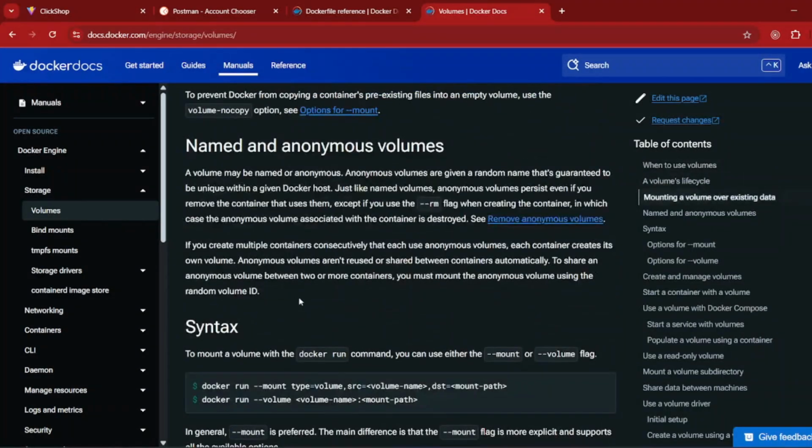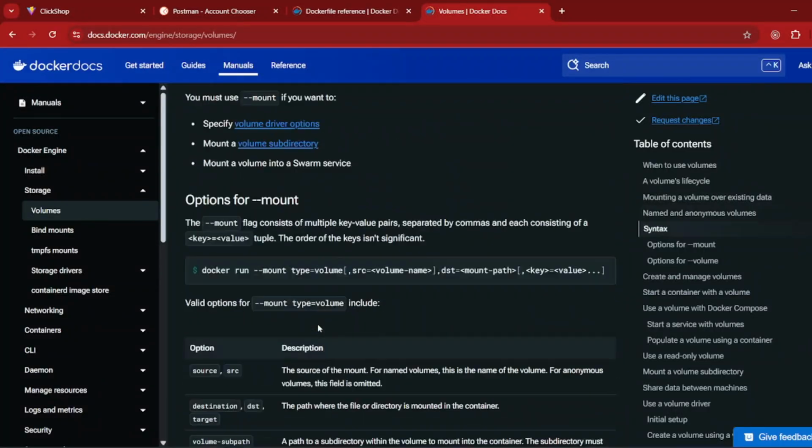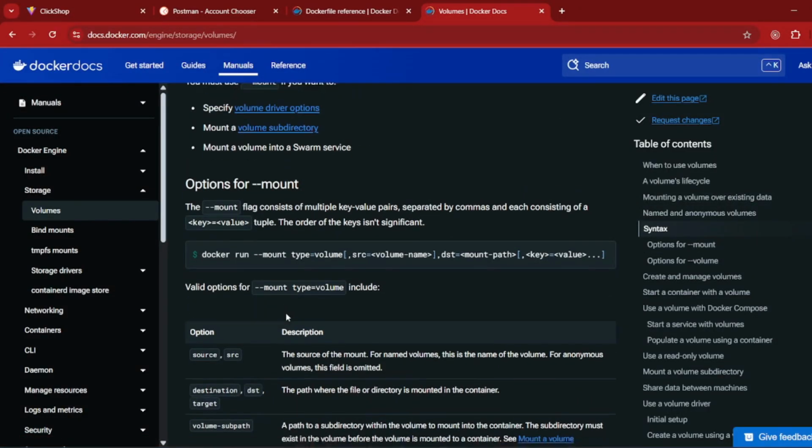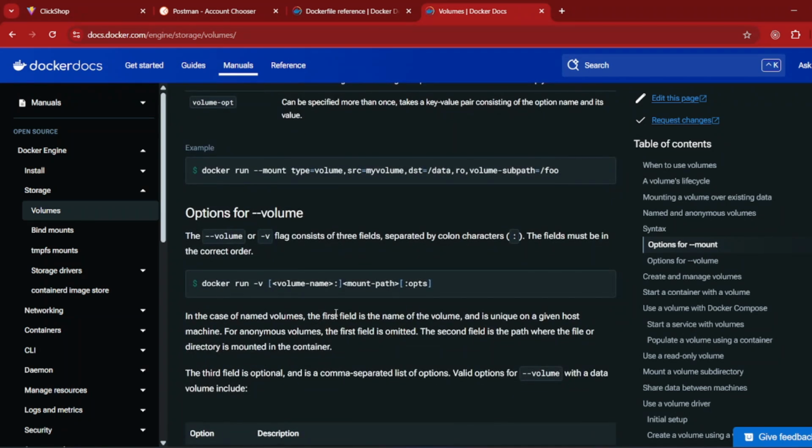See how to define a volume actually. We have life cycle also. You can read it, very interesting and a very easy way to define here. You need to define source and destination. So